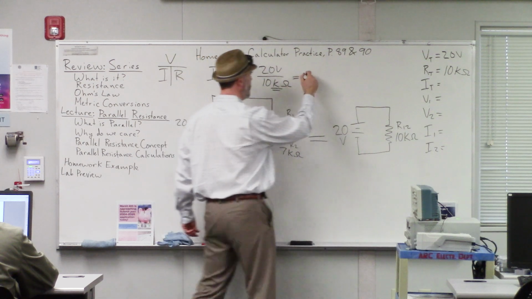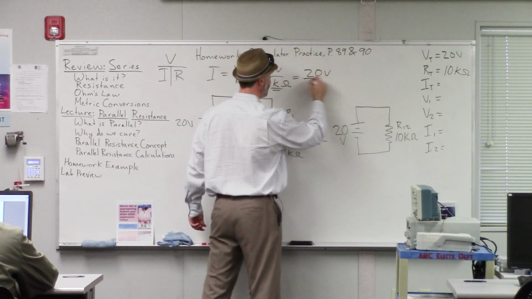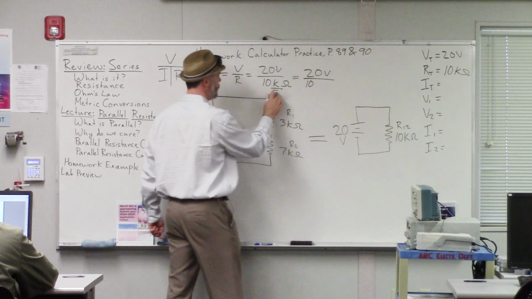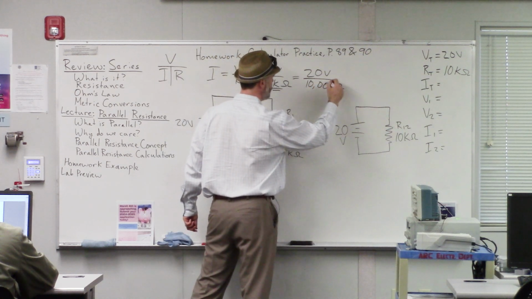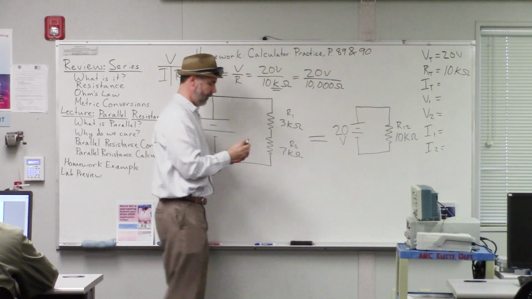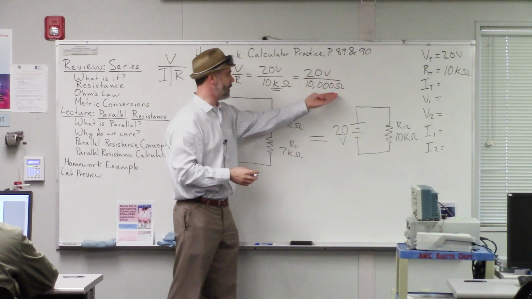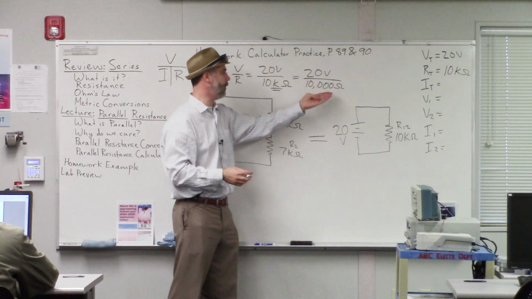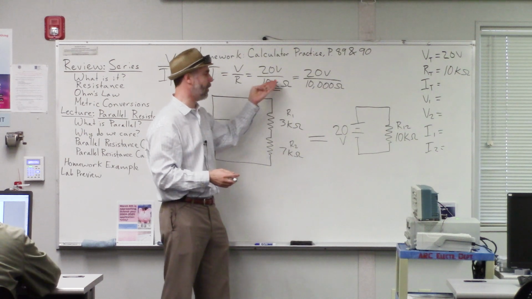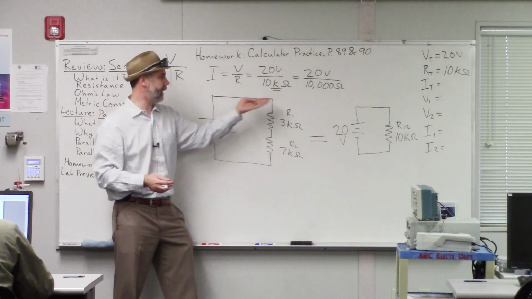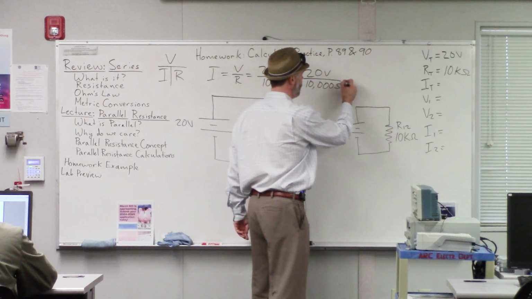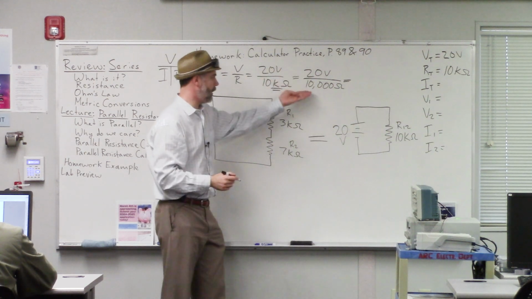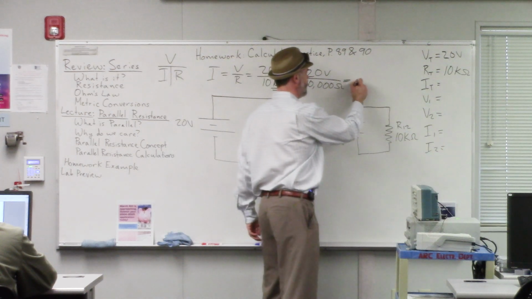So this is now 20 volts over 10, and kilo stands for 1,000, so that's 10,000 ohms. You should always put your numbers into raw units like volts and ohms before you do your calculation. Get rid of any kilo or milli or mega. Just make sure it's all in raw units, and that way your answer will come out in raw units. So 20 over 10,000 is